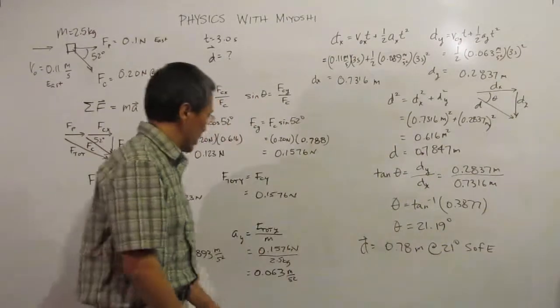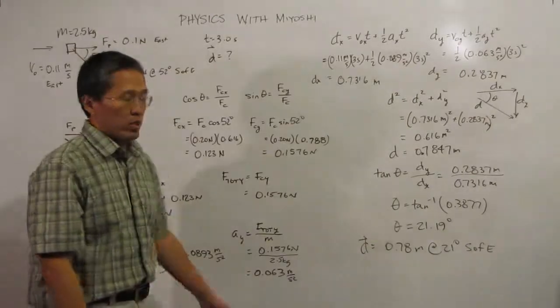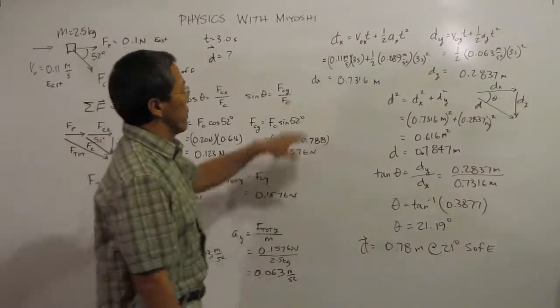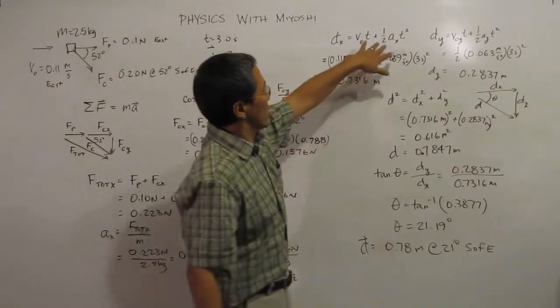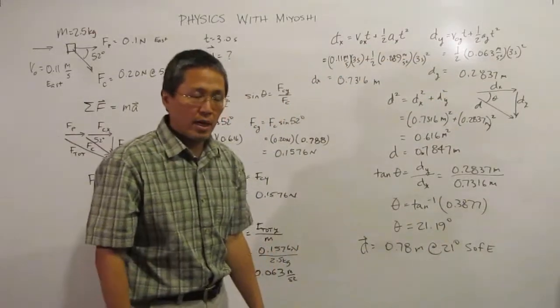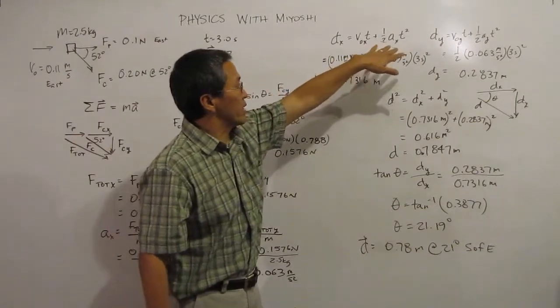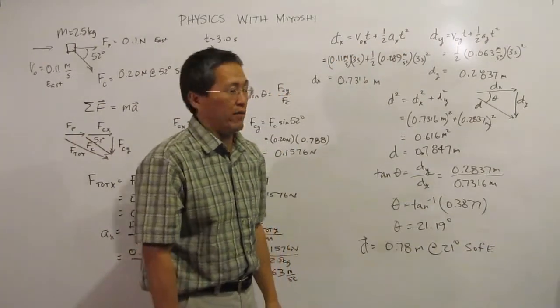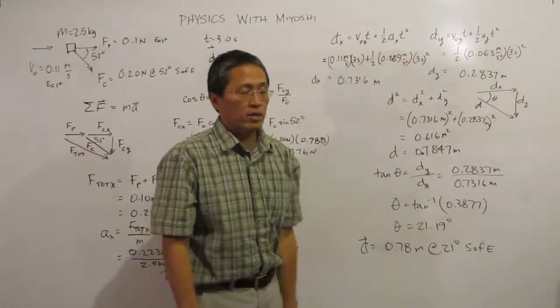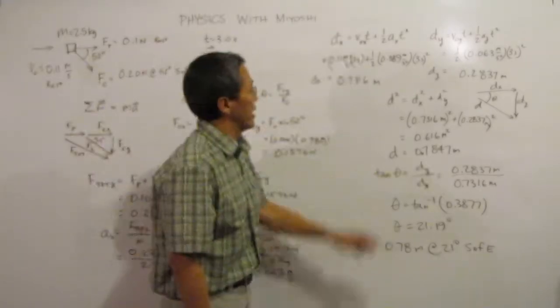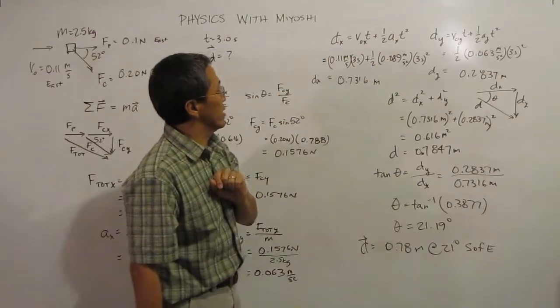So, now that we found the accelerations, what we have to do is remember some kinematics. Remember, in kinematics, we can look at the x direction and y direction separately, just like we did here with the forces, because the acceleration is also a vector, as is our displacement. So we'll just look at that separately. I'll use this equation here.